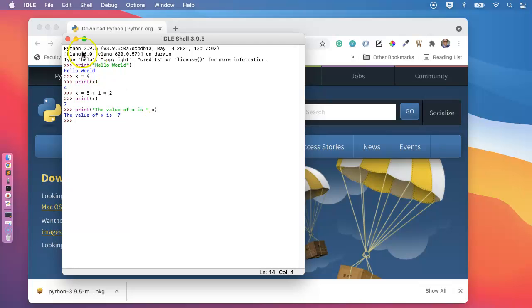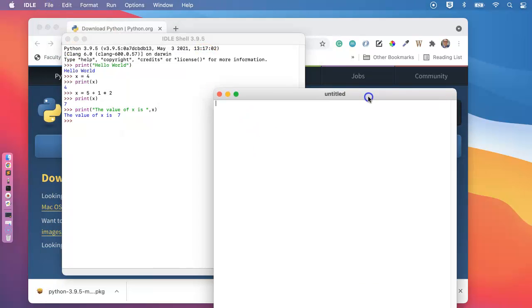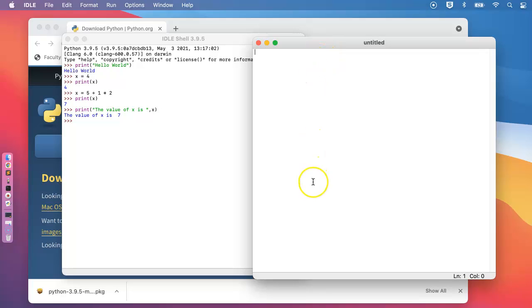And so what I'm going to do now is I'm going to come up here, I'm going to say file, and I'm going to create a new file. And this here now is a file where I can type a whole bunch of Python commands in it, save it, and then execute it. So the first thing I'm going to do is I'm going to save this. So I'm going to say file,